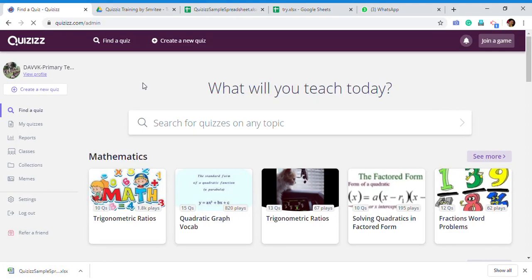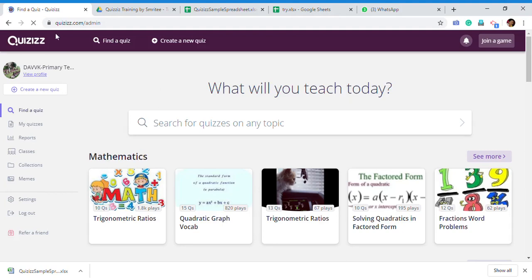Spreadsheet should be an Excel file. Excel means .xls or .xlsx format file, which you can create from Google Doc, OpenOffice or Microsoft Excel anywhere. And if you do not have any of these options, then you can do it here itself in quizzes. I will show you how.